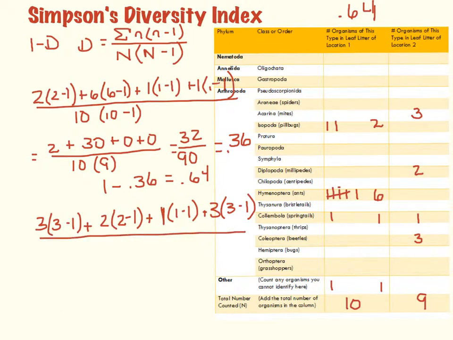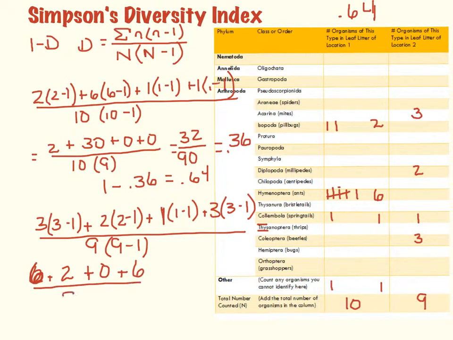This time, our total sample size is 9, so 9 times 9 minus 1. We start to simplify that out. It would be 2. Oops, sorry. It would be 6. 3 times 2 plus 2 times 1 would be 2 plus 0 plus 6